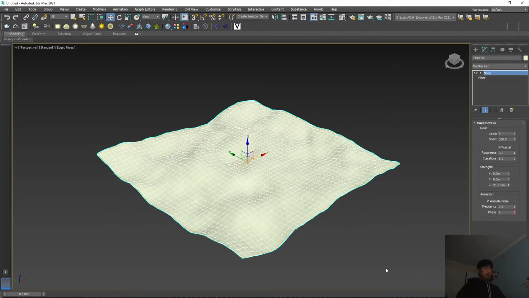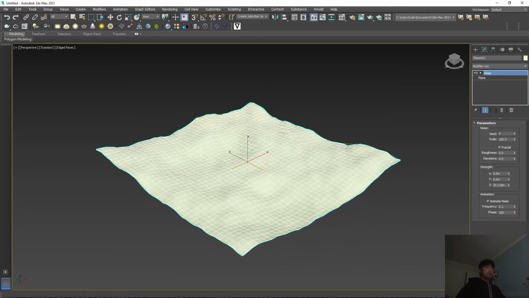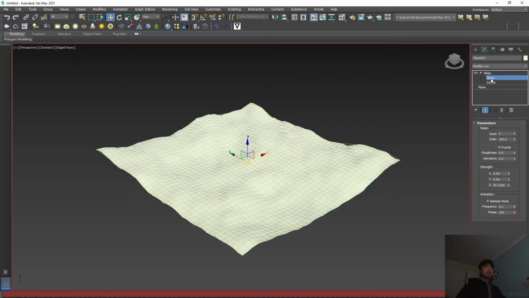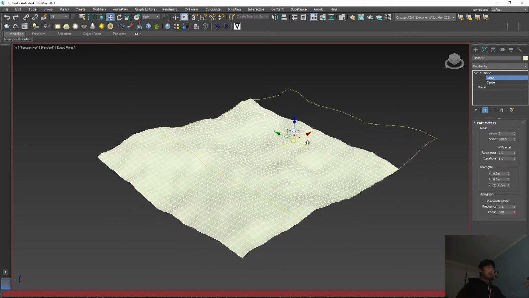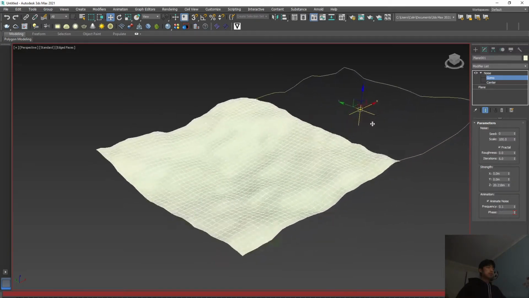So now to make the wave flow a certain direction, we can go by adding an auto key, scrolling to the timeline to 100, click on auto key, and then in your modifier under noise there's a triangle, click on that and click on gizmo. That way we're seeing the wave flowing to the direction we are going,